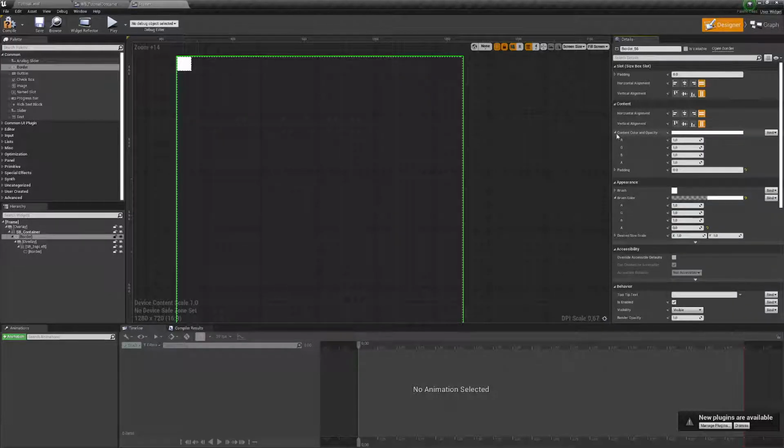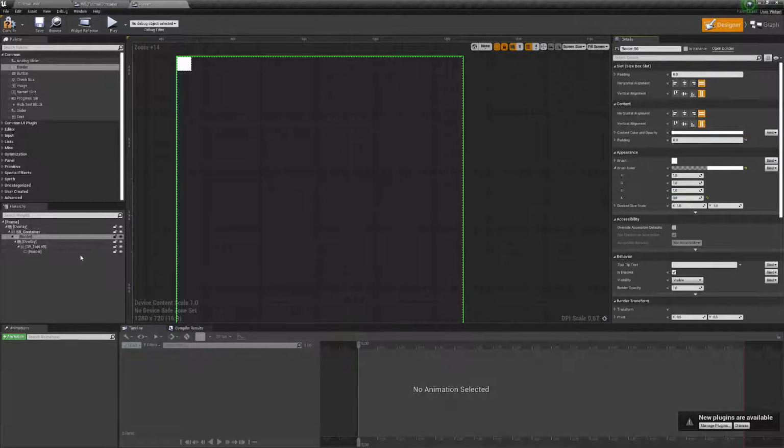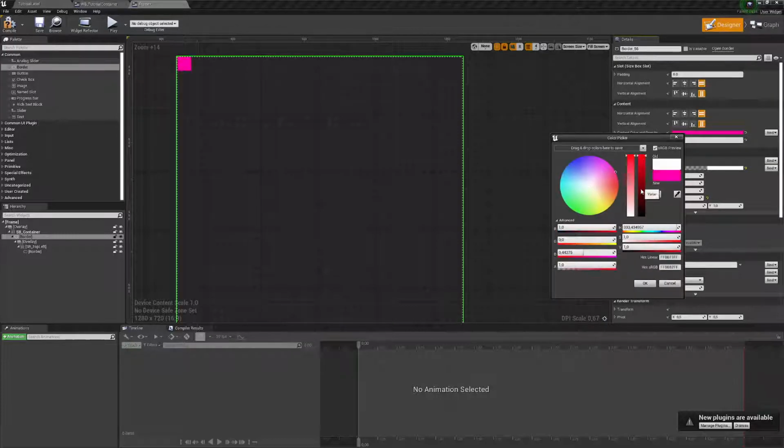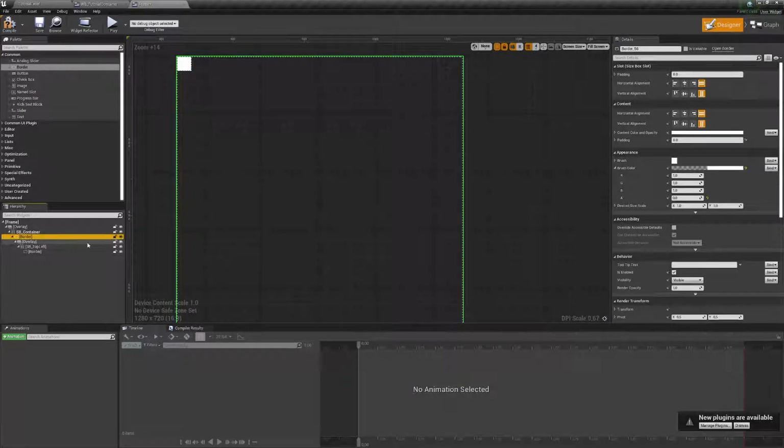And we just want to control the content color of this border so that we can determine what color it should have later, instead of doing it with every frame element